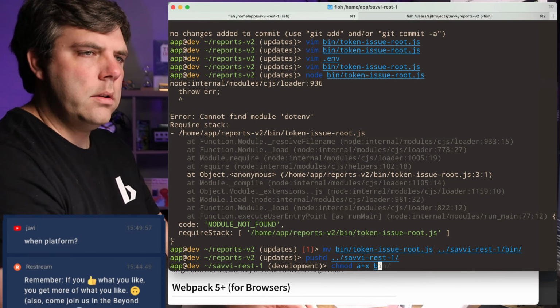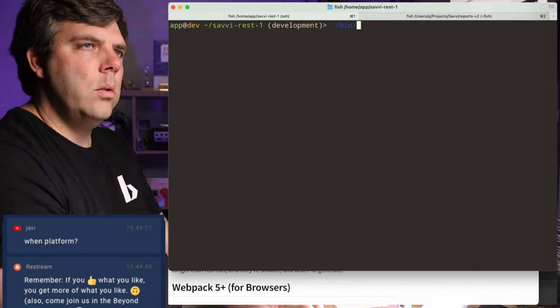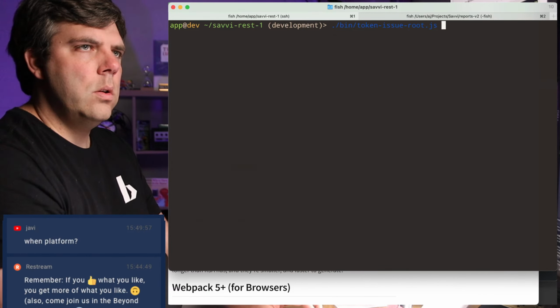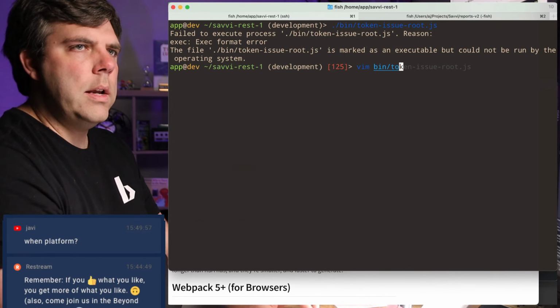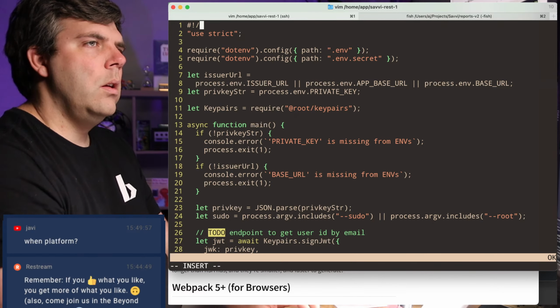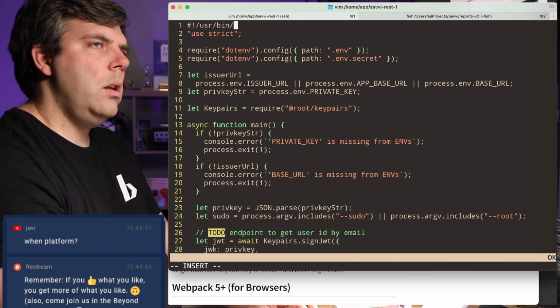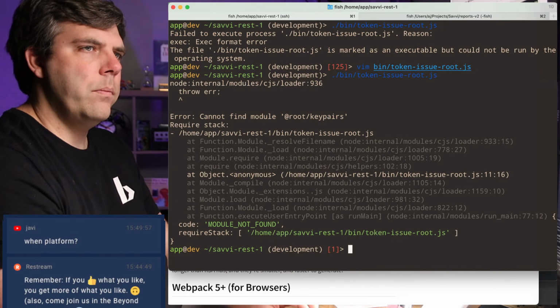Chmod a plus x bin star. And bin token issue root. All right, failed to execute. That's because I forgot to put up here usr bin env node. All right, npm. Wait.